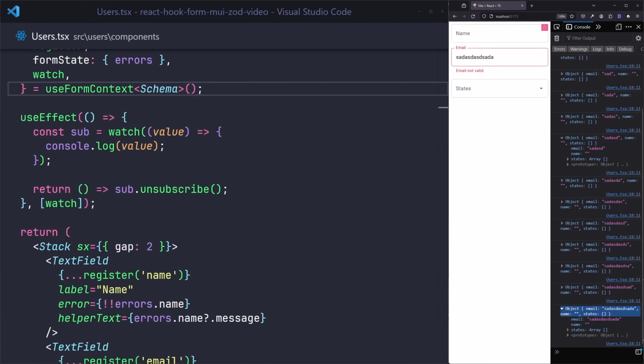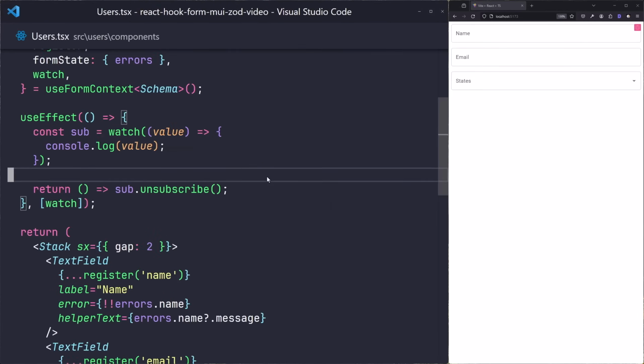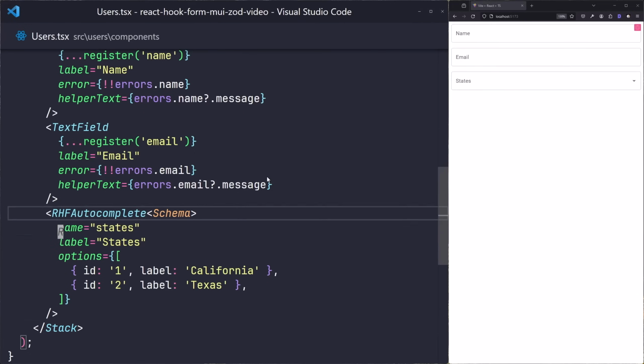By now, we have learned so many new things about React Hook Form, Zod, and implementing them with Material UI. But if I again open the users component here and head over to the autocomplete that we just created, we see that this scenario, where we passed the current value or current options of this autocomplete, is not applicable in real-world scenarios, and in 99% of scenarios, these values are going to be fetched from the server. And for the sake of this tutorial to be complete, we need to also get these values from the server here,